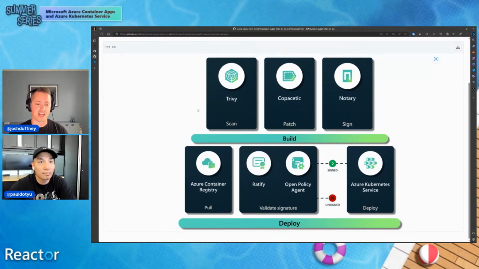And so because of that, there's this awesome tool called Trivy. Trivy is a vulnerability and configuration scanner. For the purposes of this demo, we'll be using it as a vulnerability scanner. What that does is it goes out and scans your container images against a known CVE repository and brings back a list of the known vulnerabilities that your container image has. And what's really cool about that is it can output a JSON file that Copacetic can take and patch